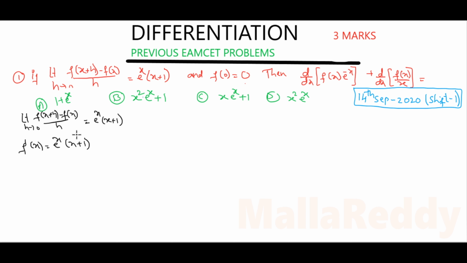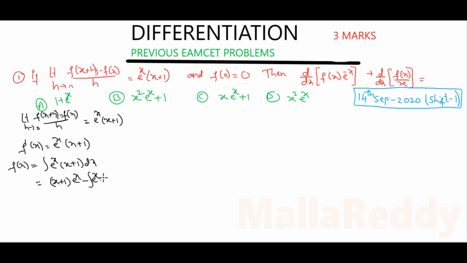Now we find f of x. So take integration on both sides. Integration of f dash x, that is f of x, is equal to integration of e power x into x plus 1 dx. Take by parts. This is x plus 1, algebraic function, this is exponential function, so this is f of x, that is x plus 1 into integration of e power x